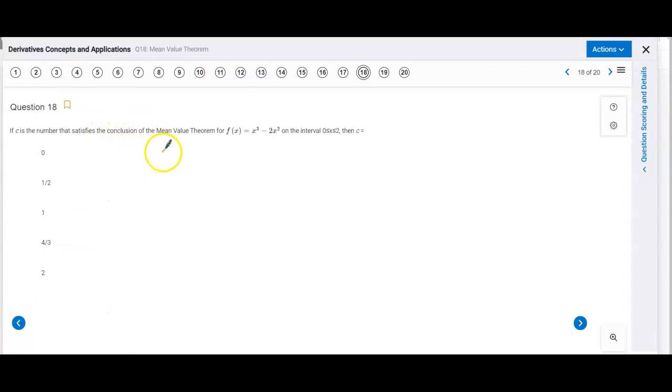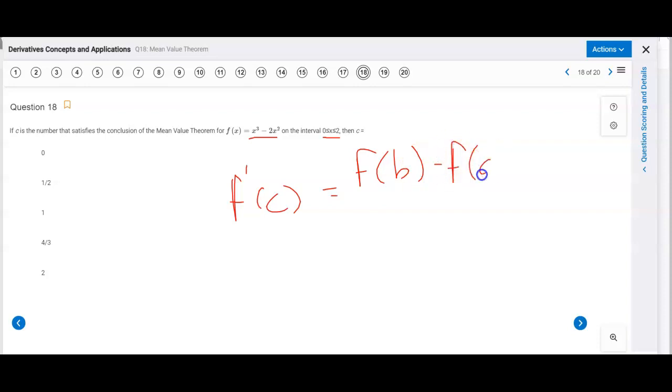The mean value theorem basically is a theorem that tells you that if a function's continuous on a closed interval, which this is, and differentiable on the open interval, which it is because it's a polynomial, then there has to be some value of c such that the instantaneous rate of change at that point is equal to the average rate of change on the interval, which is given by the basic slope formula, where a and b are these numbers here, 0 and 2. So we need to find out this first of all. What is f of 2 minus f of 0